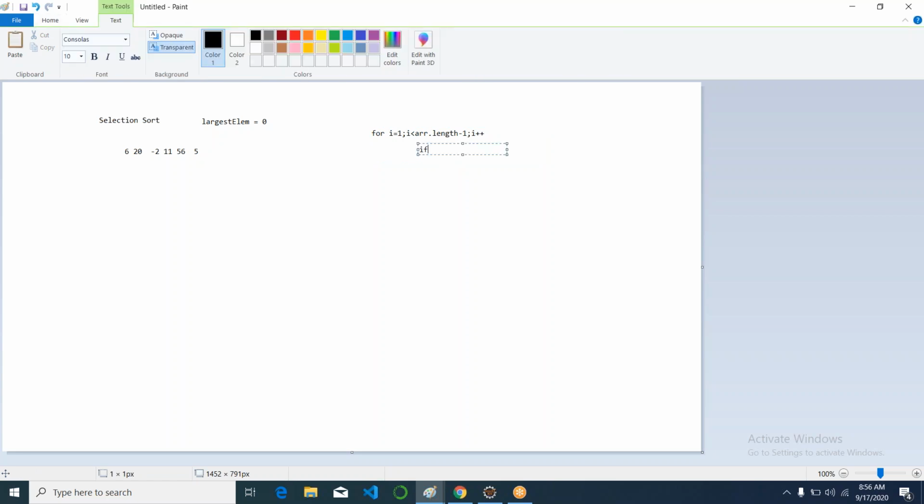Inside this inner loop we have an if condition. So the if condition says, if array of i is greater than the largest element. So this is the largest element I have. If array of i is greater than largest element, so just